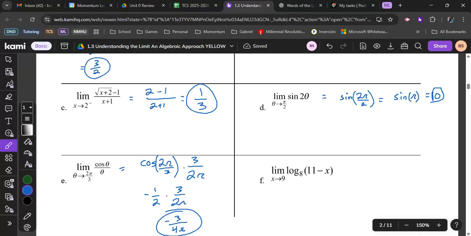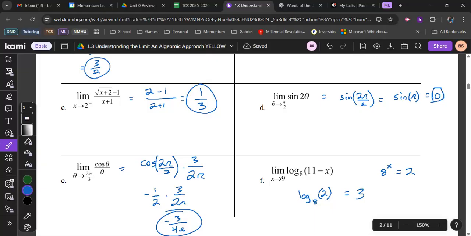All right. Next one, same thing. I'm just going to plug it in. So I'm going to get log base 8 of 2, right? 11 minus 9. Anybody know what that is? How good are you guys at logs? Yeah, somebody's got it. Anyone else? 2 people got it. If you're not sure why it's that, what this means is the base of 8 to the power of something equals,